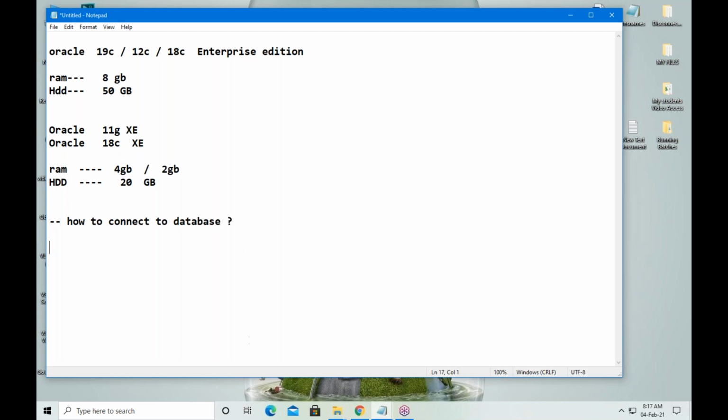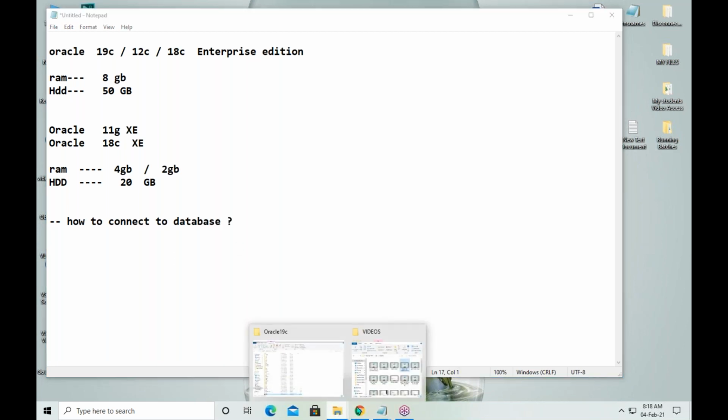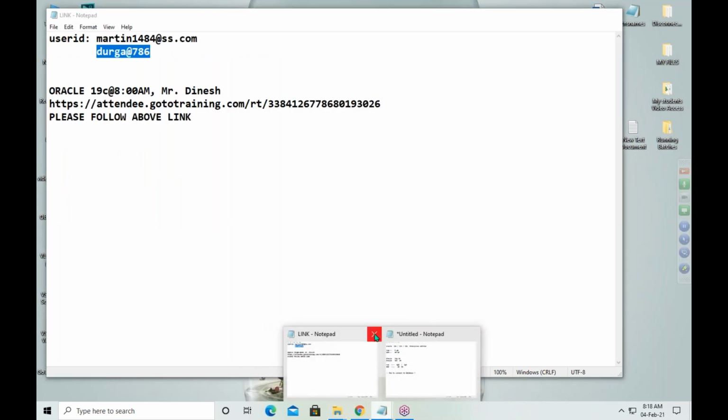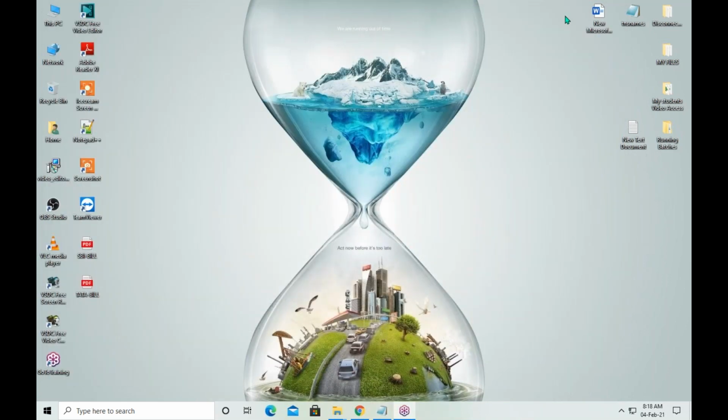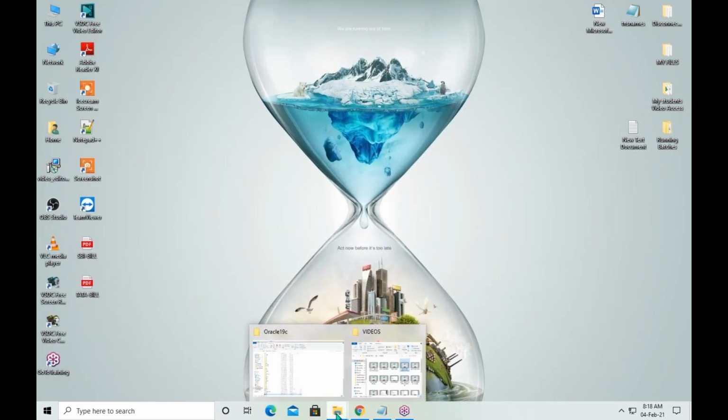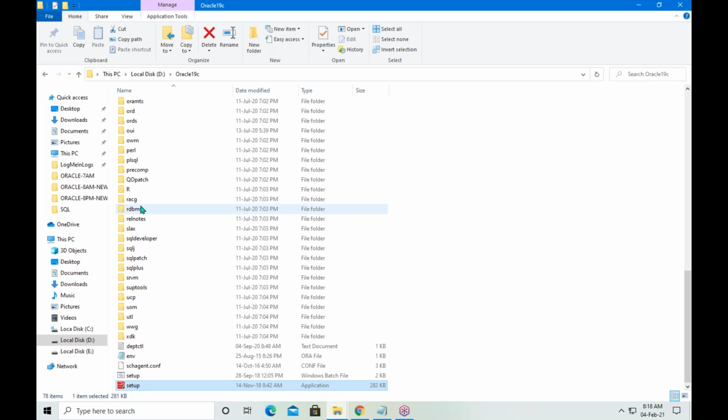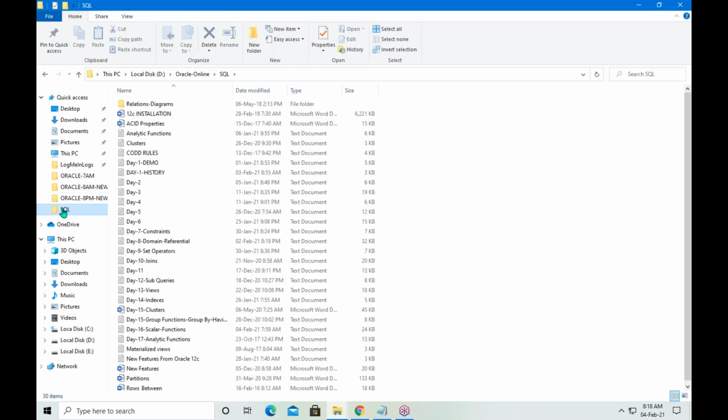Before that, you need to understand what is the necessity to connect to database. Why should I connect? What is Oracle? Oracle is an RDBMS. What is the use of Oracle? We can store data, access data, and manage the data.